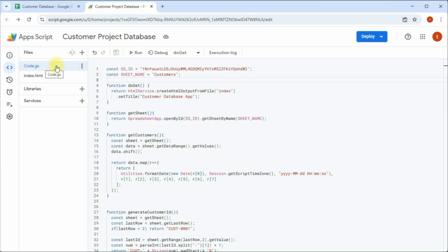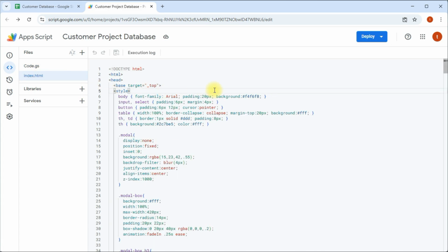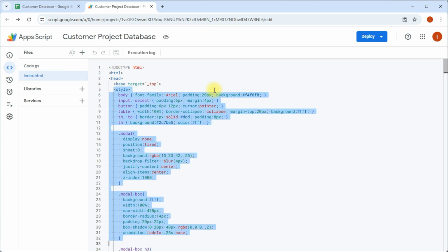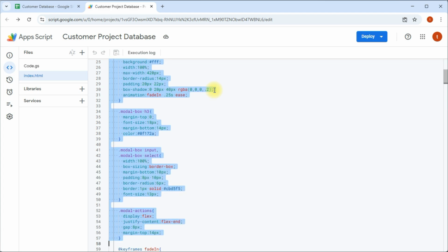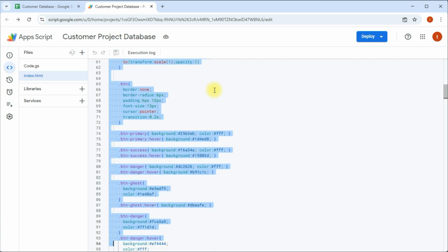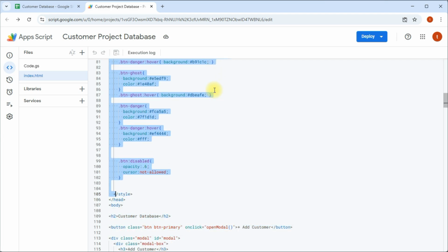We need a beautiful interface for users. To handle that, I've already created the index.html file here, and I've added some custom CSS to make it look modern and clean.